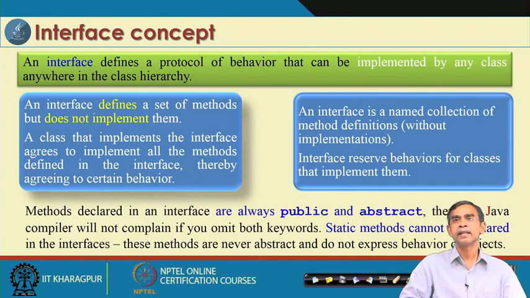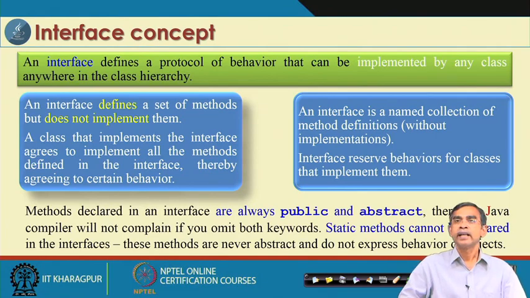So, abstract class and interface give a protocol of behavior that should be implemented by the Java programs that you want to develop. It gives basically a rule of thumb about creating your own class, taking the rule from the abstract class or interface. As I have already told you, an interface defines a set of methods but does not implement them because they are declared as abstract. It is just like an abstract class, and a class should implement those methods which are declared as abstract in the interface.